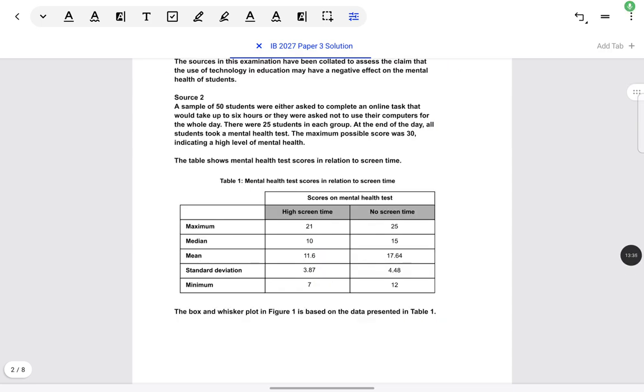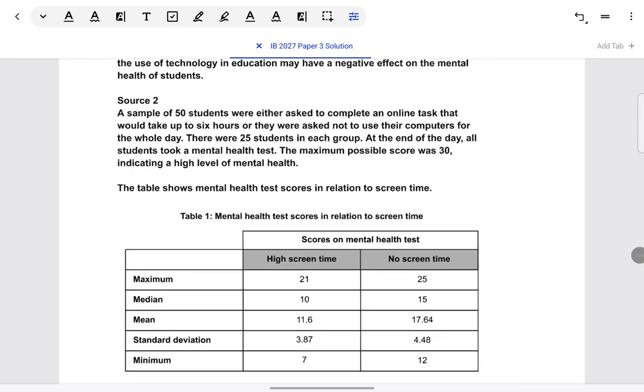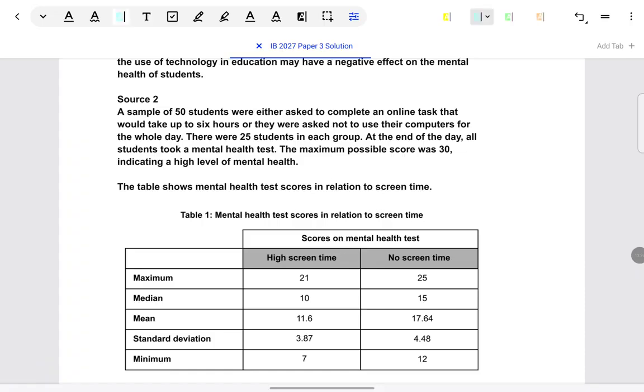If we move further into the booklet, we have source 2. As always, we just have to read carefully. I'll speed up a little to complete the video on time. I have limited time, but you follow the rule which I've given. Pause the video. Make sure you understand the source fully before you move ahead. Reflect on the source before moving towards the question.